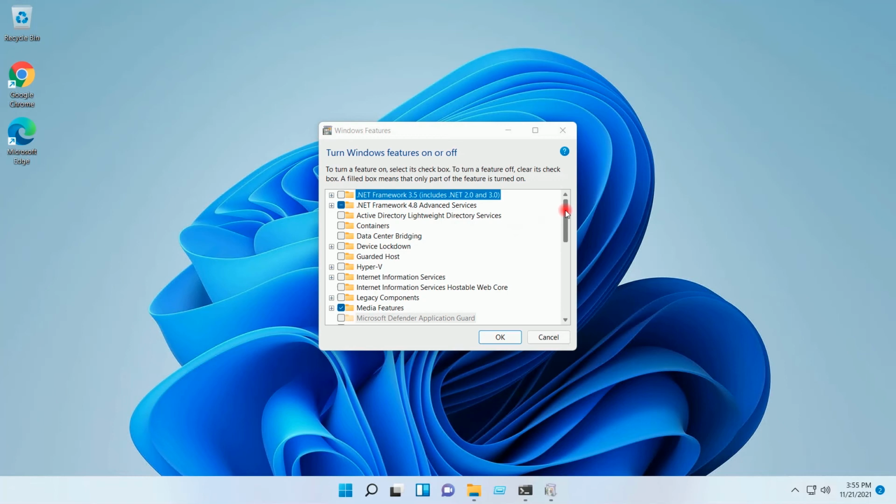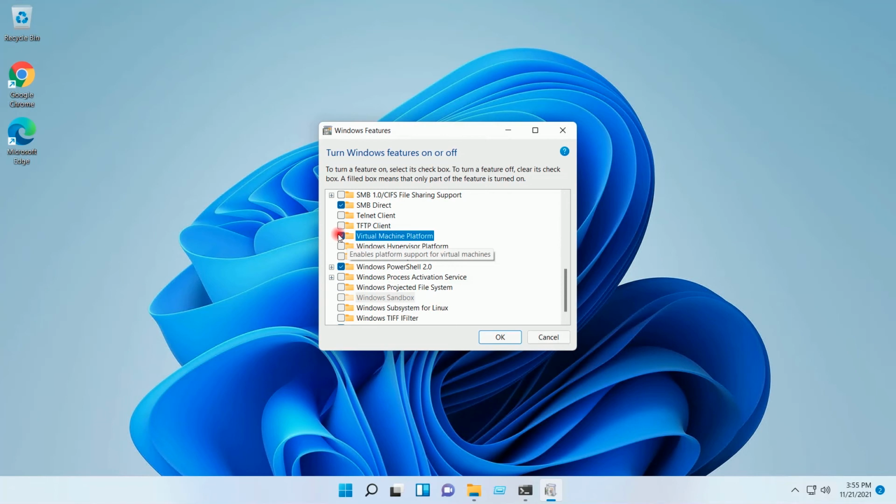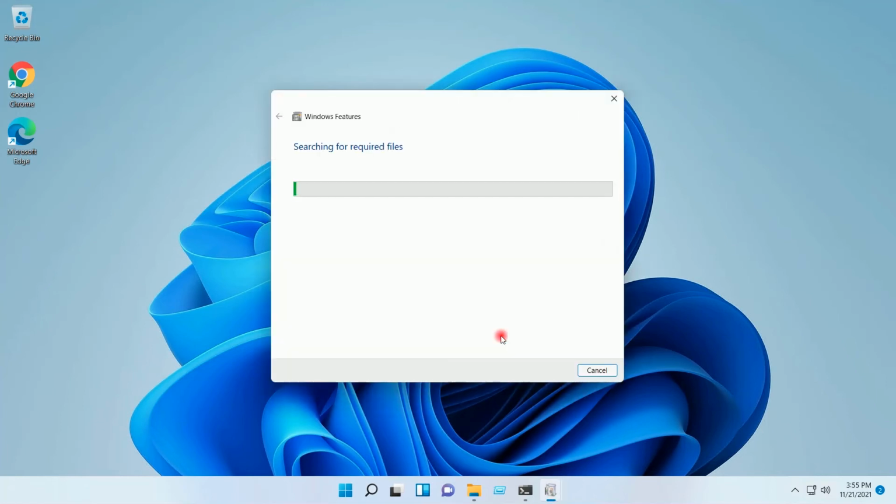And in the list I will tick these two features, Virtual Machine Platform and Windows Hypervisor Platform. OK. Feature added. It is asking to reboot the system. I will click on restart now to reboot my system.